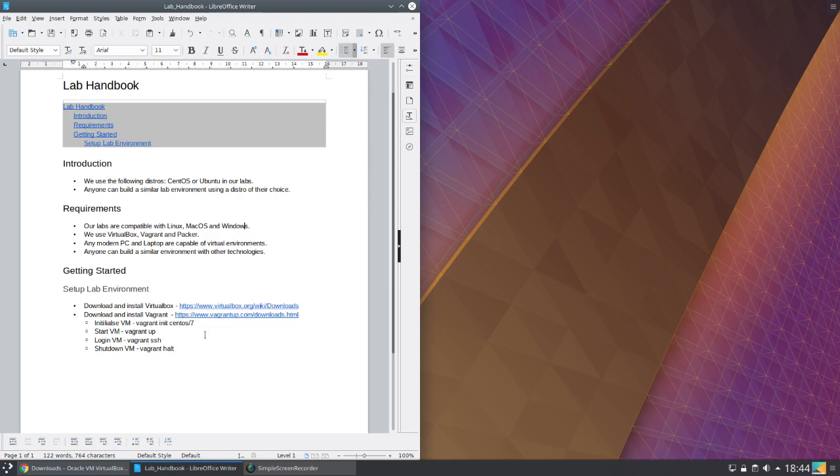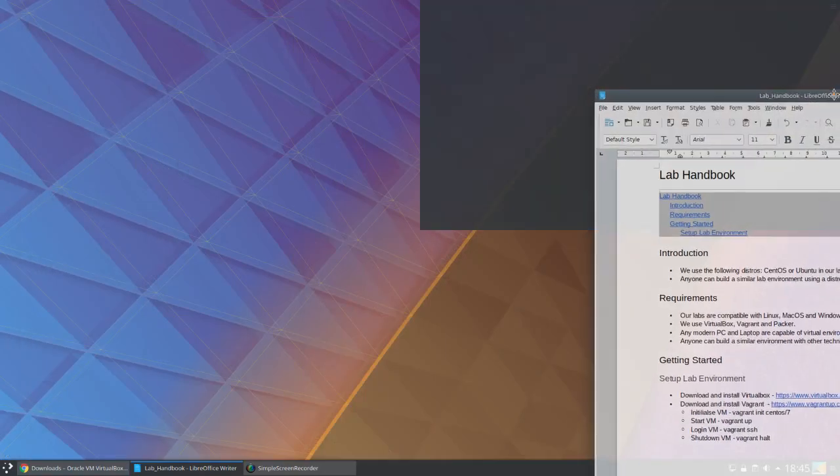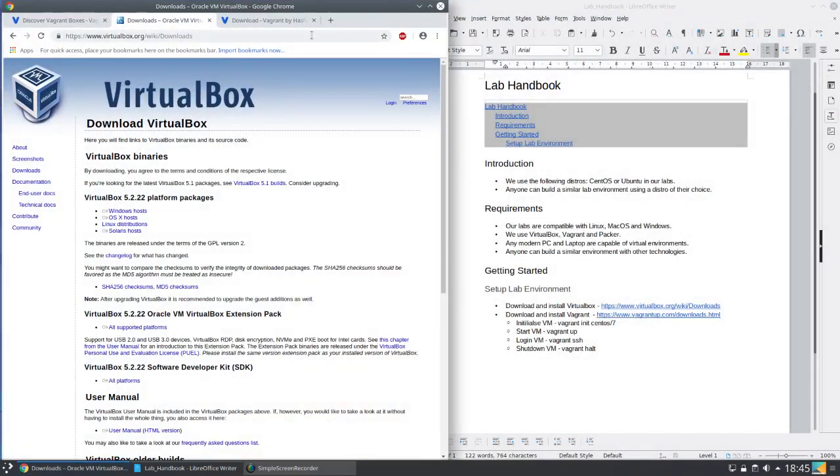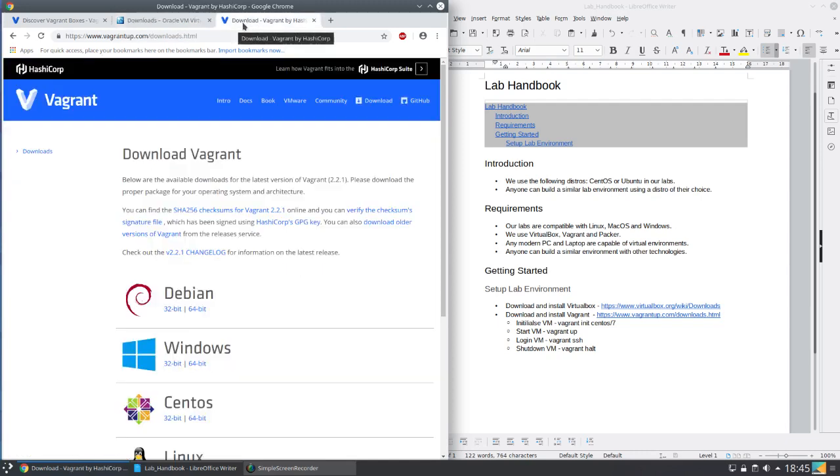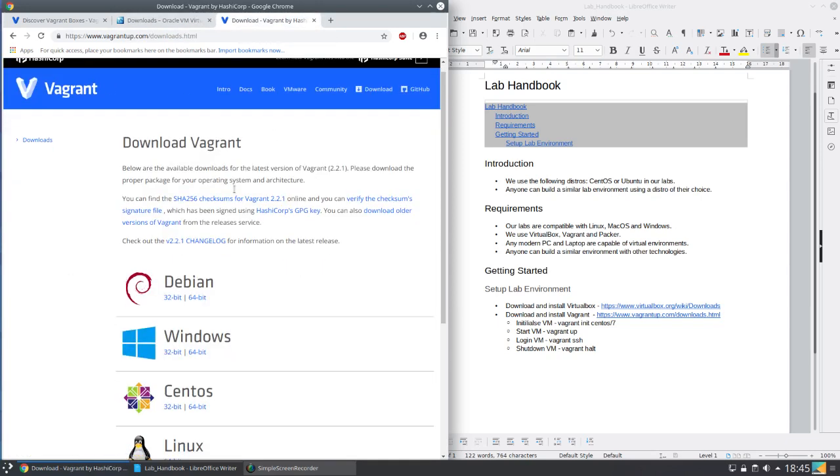running this virtual environment. So first thing we need to do is install VirtualBox. I've already got a link open over here. I'm on Linux and I've already got it installed. However, if you go to the downloads page for VirtualBox, you can download for Windows, OS X or Linux. And then once VirtualBox is installed, you're going to need to download Vagrant, which will allow